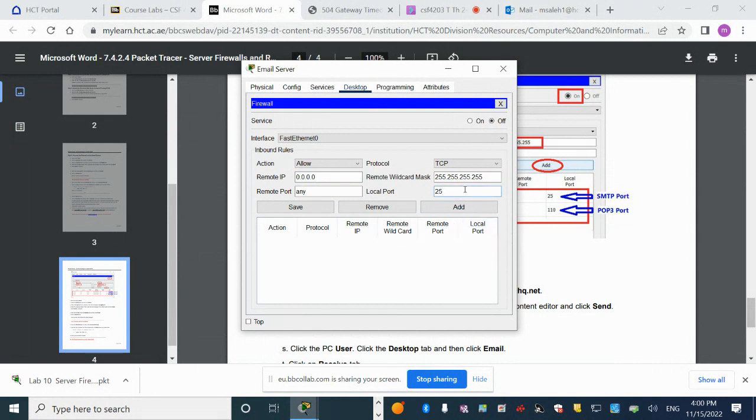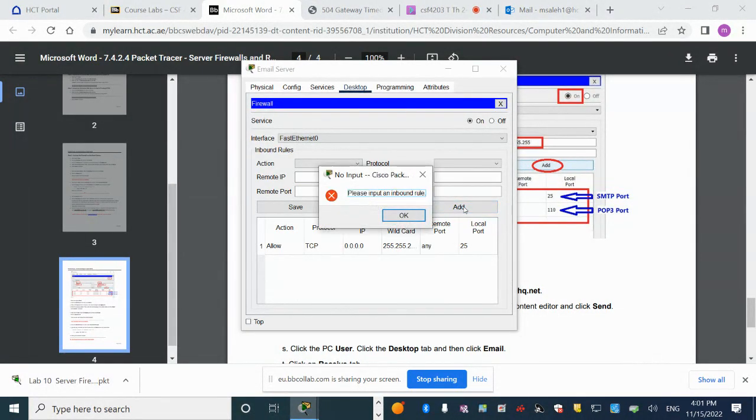Okay, and then, by the way, we need to enable the service here. Enable firewall, don't forget that, okay? So I just add, you see it's added. All right, I need to add another rule, which is